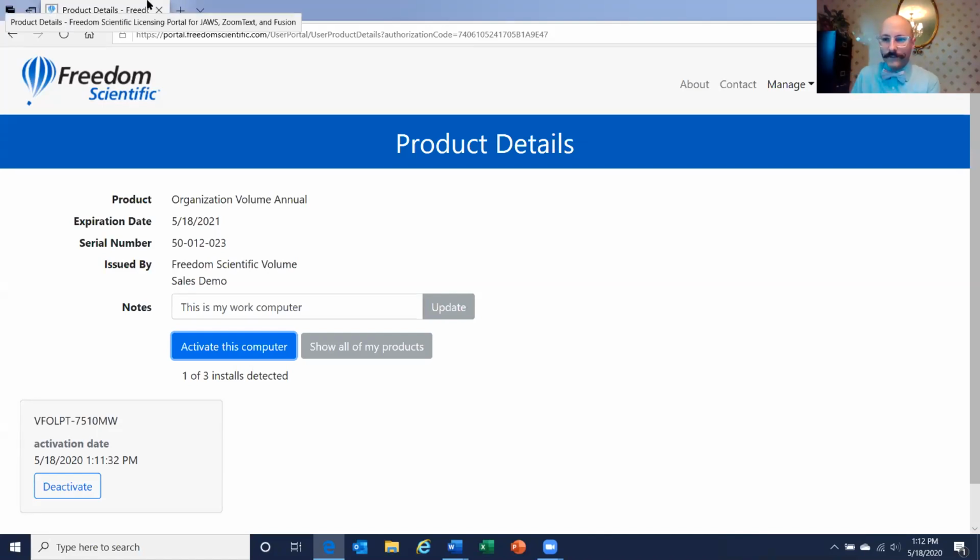It's $90 a year for JAWS and $80 a year for ZoomText. And as we just showed there with the portal, it's pretty straightforward and makes it super easy. I'm just thinking of all of the capability of, say there was a computer at school that the student was using and being at home now, they could easily have deactivated that one and activated the home